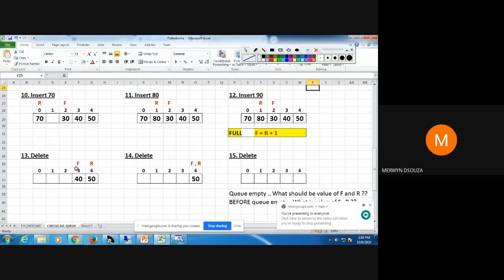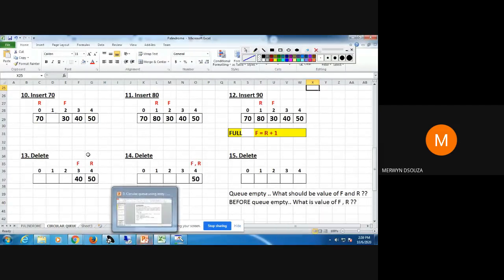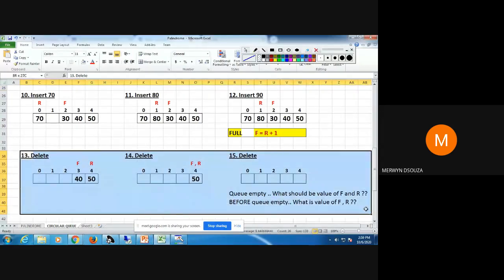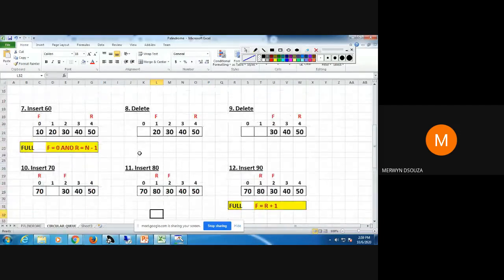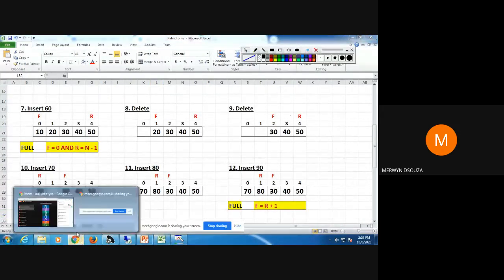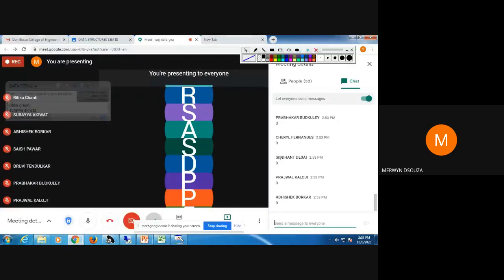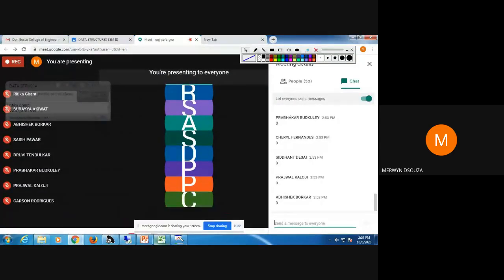Till step 12, has everyone understood? Okay, steps 13 to 15 are not related to the above steps, so I'll just highlight them in red.